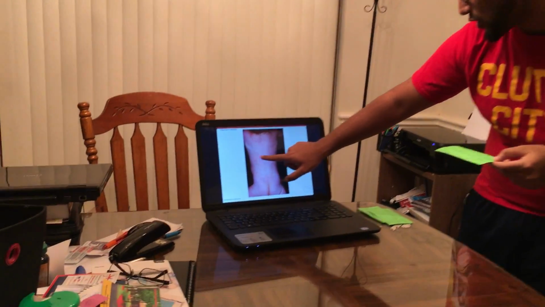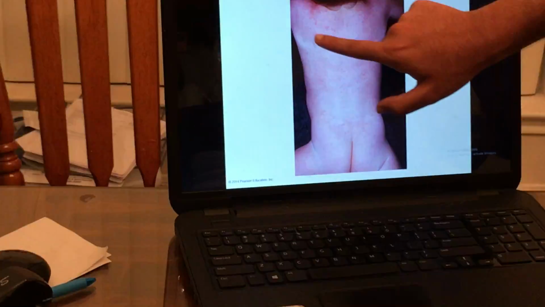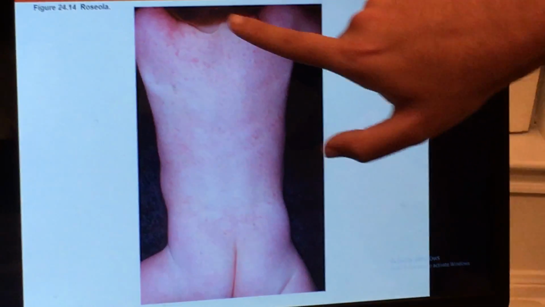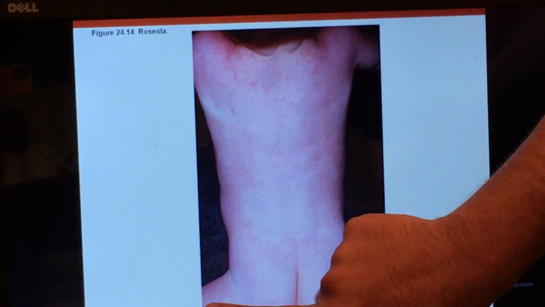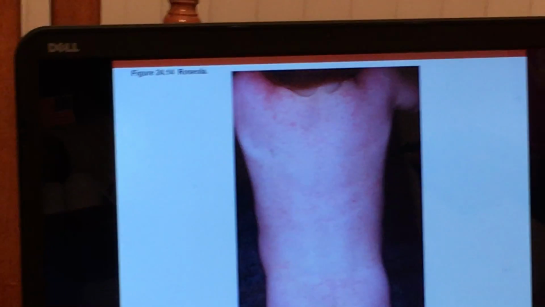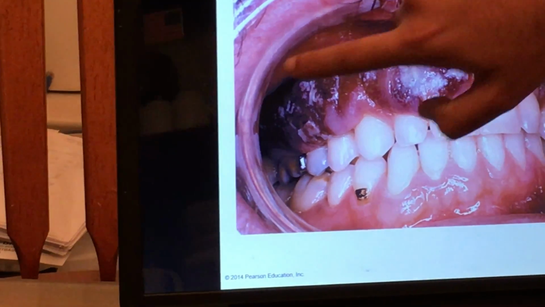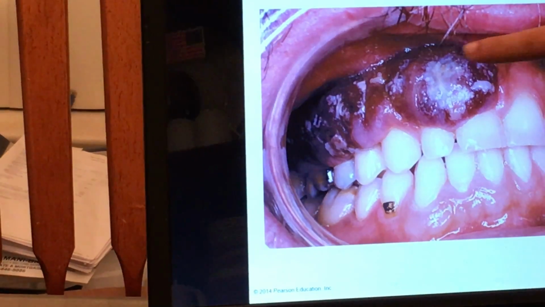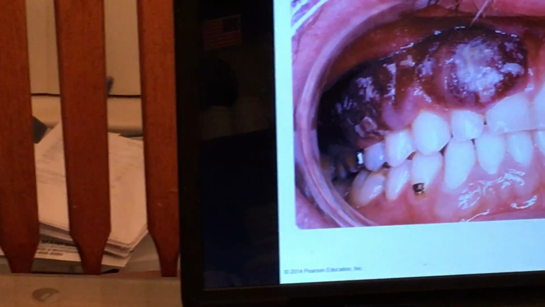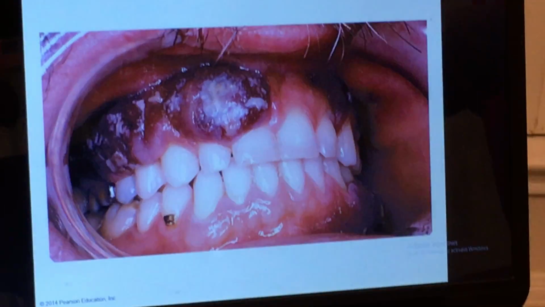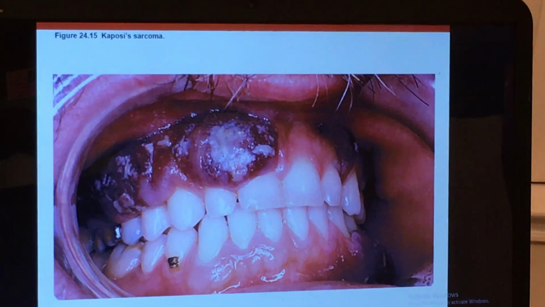As you can see, here's roseola. You see the pink rashes all throughout the back, the butt, the thigh area, and the arms as well. And lastly, here's Kaposi's sarcoma. You see the black lesions and the cancer cells. These are mostly found in patients with AIDS. And that would conclude my presentation about